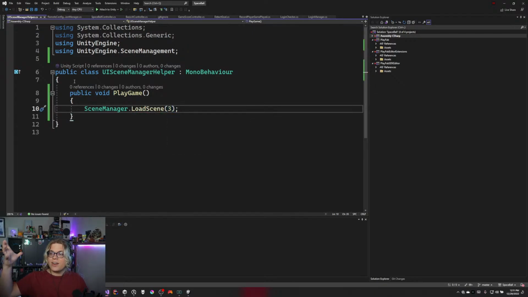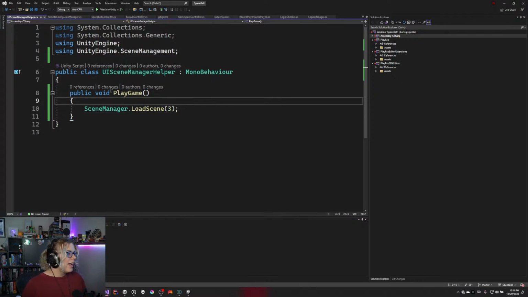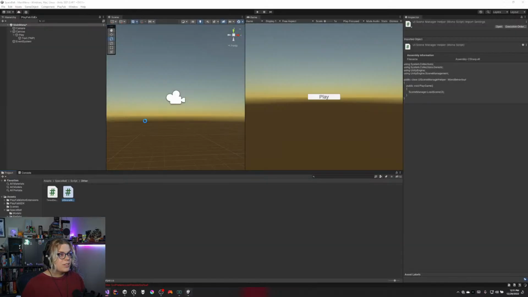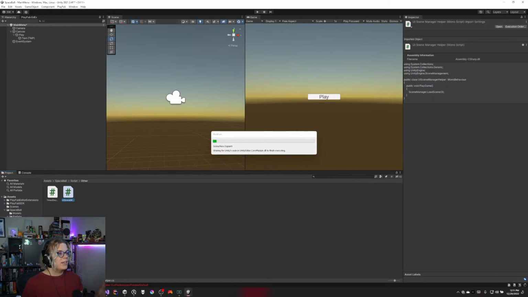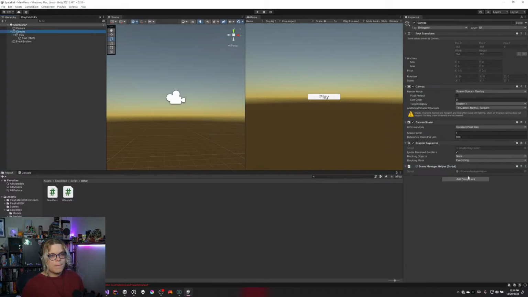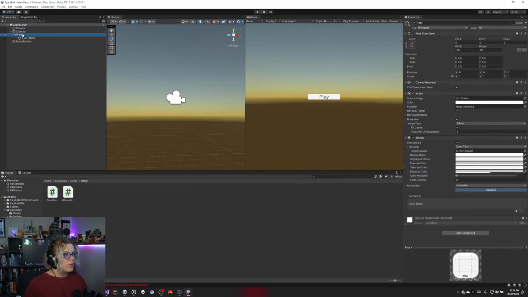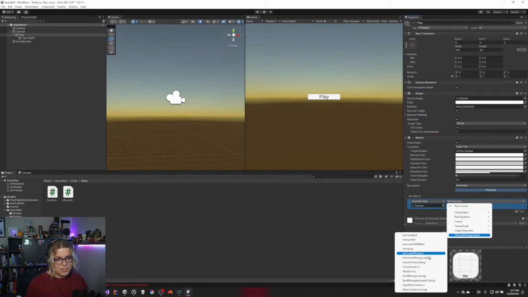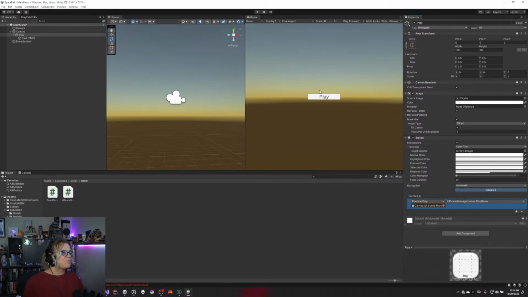Cool. So scene 3 is our actual game. That's all configured from the build manager. And so this is now public. So what we're going to do is just attach this to our canvas and then reference that from our button so that the button can interact with this. So we attach it there, go to our play button and drag over, first create an on-click event, then drag over our canvas object and look for our scene manager and select the play game option. And now, hopefully,